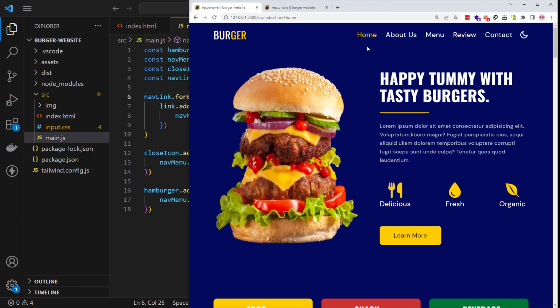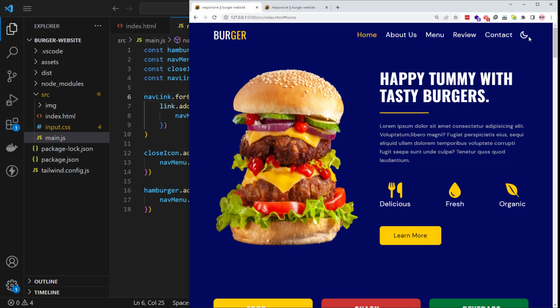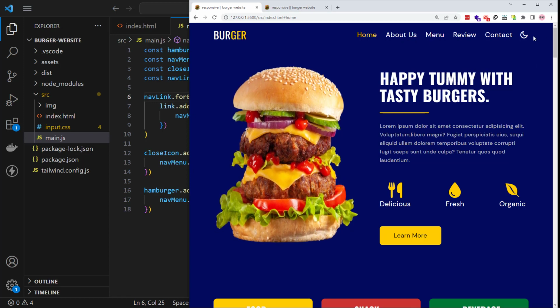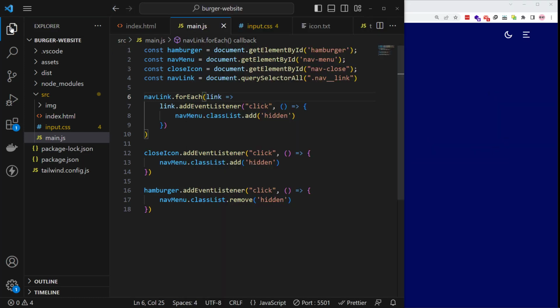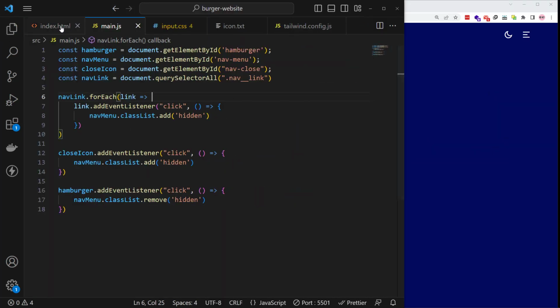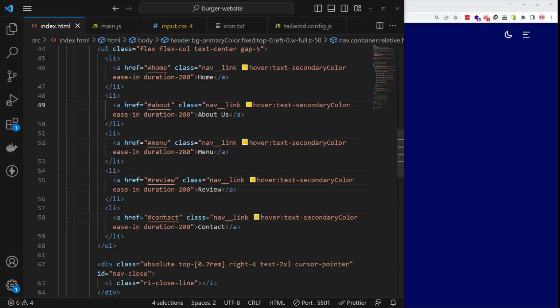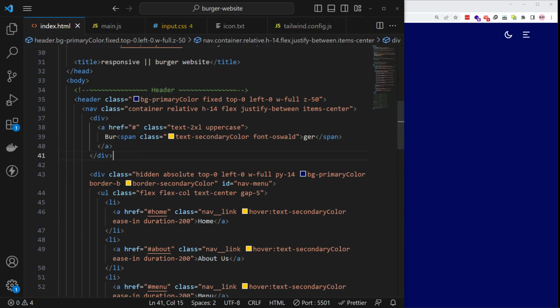On our medium screen, we want the navigation links to be on the same line. Also, you cannot see the hamburger icon. So how can we make that happen? Well, back to our code. Let's go into the index.html file. I will scroll up. Below this burger icon div, right here, I want to target medium screen and up by writing